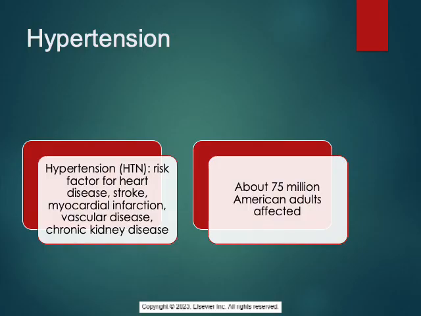Moving on to hypertension, which is a major risk factor for stroke, myocardial infarction, vascular disease, as well as chronic kidney disease. And nearly 1 out of 2 Americans have hypertension. And we recommend lifestyle modifications first. And when that fails, we may need to move on to medication treatment, just like with dyslipidemia. 95% of cases or more of hypertension